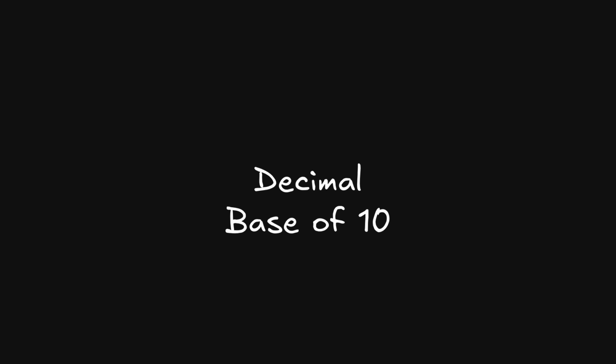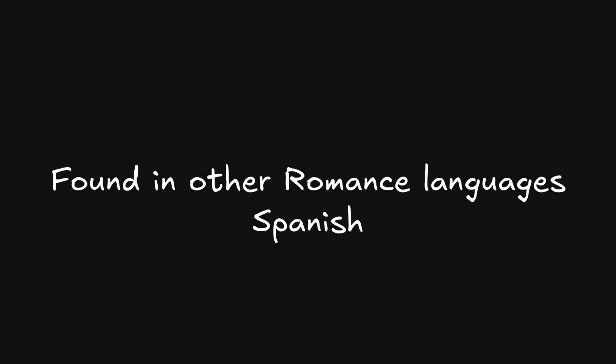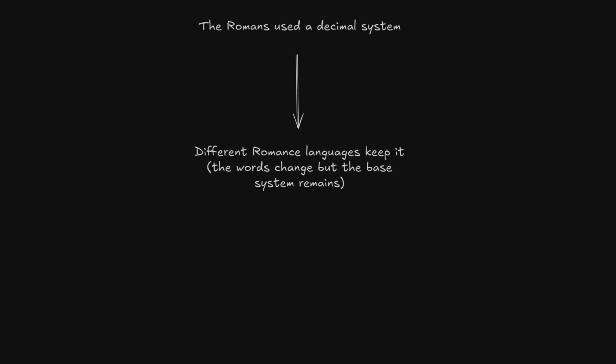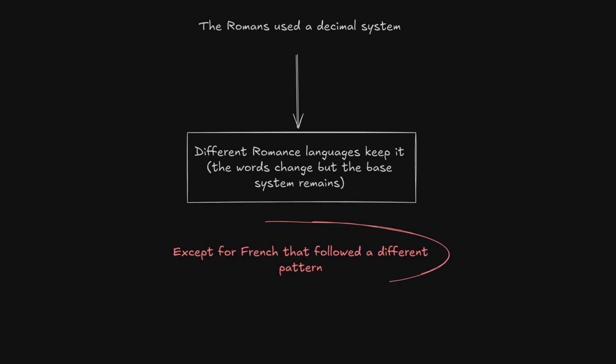A decimal system is used with other Romance languages like Spanish or Italian, but it's not exactly the case with French. The Romans used the decimal system, and that's why in other Romance languages we can see it happen. But for French, there is a vigesimal system mixed with it. While this explains these odd numbers, the origins of the system are still discussed. I'll go back to this in a minute, but first I want to show you some changes that happened between Latin and modern French,